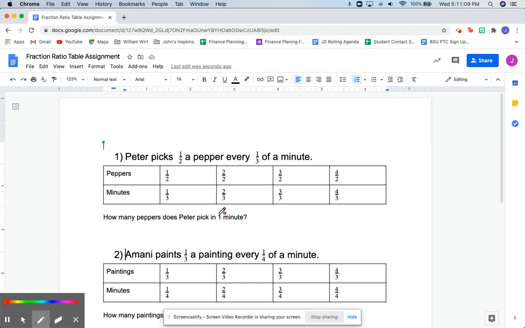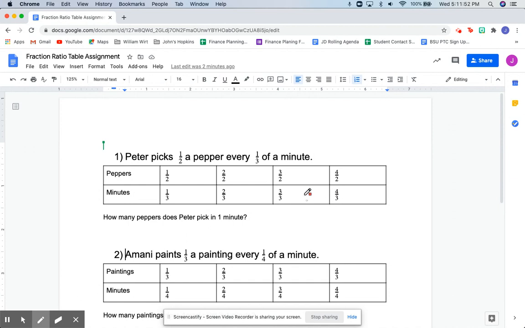So let's check out problem number one. Problem number one says Peter picks 1/2 a pepper every 1/3 of a minute. Okay, so we see this information represented in the table. We see peppers up here, minutes on the bottom in the second row. And just here we see he picks 1/2 a pepper in 1/3 of a minute. And we see the table continued on. He picks 2/2 a pepper in 2/3 a minute, 3/2 a pepper in 3/3 a minute, 4/2 a pepper in